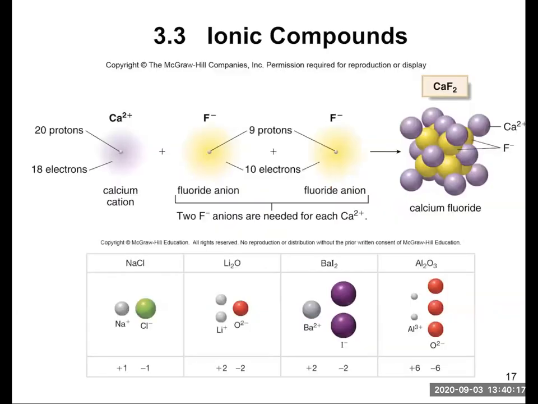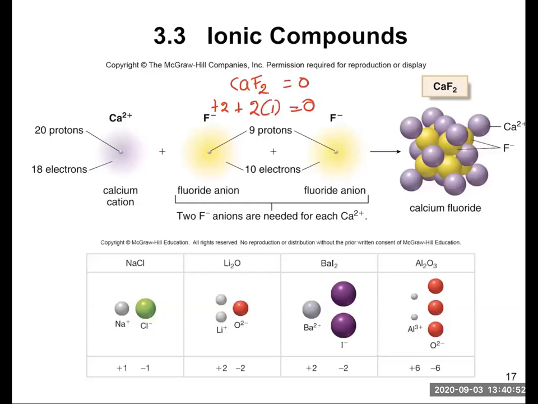Notice here we have calcium and fluorine. What that means is that calcium has 2 electrons to give away, so you're going to need 2 fluorines. So it forms calcium fluoride. This equals 0. What that means is that you have +2, and then you have 2 fluorines, and fluorine carries a -1 charge, and that's going to equal 0. It always has to equal 0.